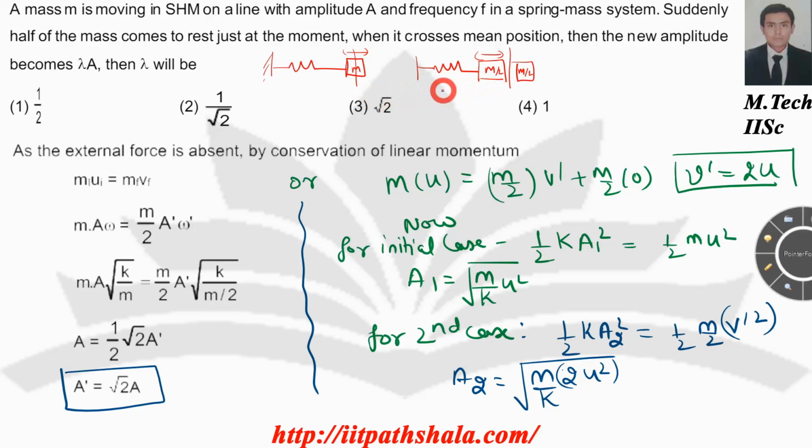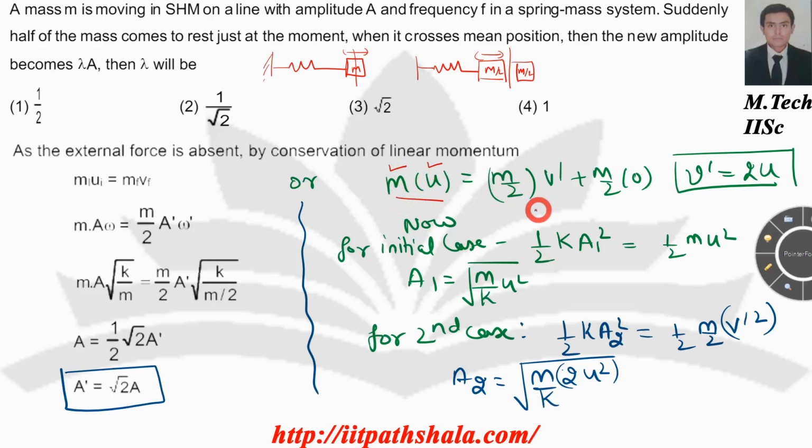Okay, so what I can do over here is again use my linear momentum concept, because in order to find the amplitude I must find the velocity, and by the method of total energy conservation I can figure out the amplitude. So please follow the following steps. First, at the mean position, wherever my mass splits into two parts, I can write that initially my total velocity was, let's say, u, and my total mass was m at my initial position.